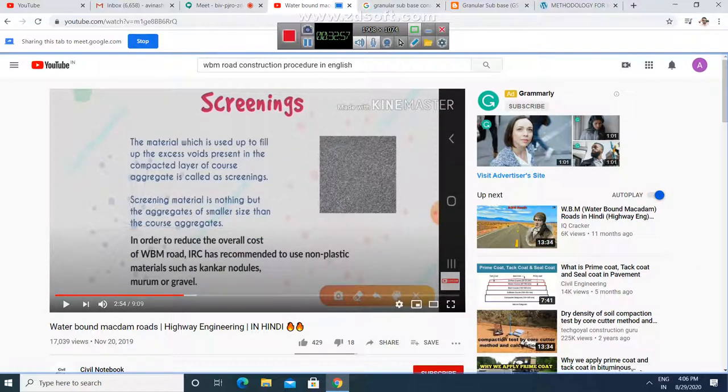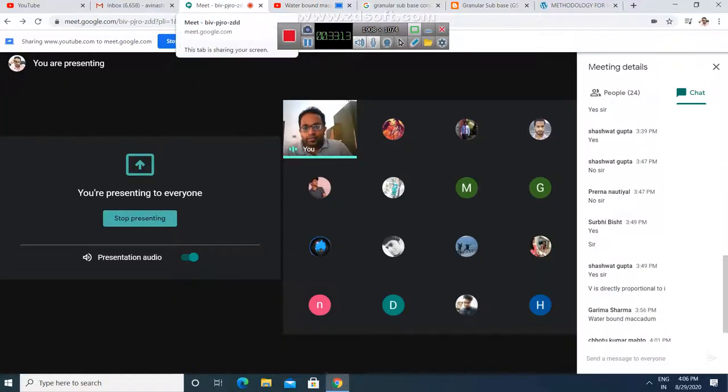Now, screenings. The material used to fill up the excess voids. What are the materials you are using to fill the excess voids present in the compacted layer of coarse aggregates? Within the compacted layer of coarse aggregates, you will be using certain material for filling the void spaces.